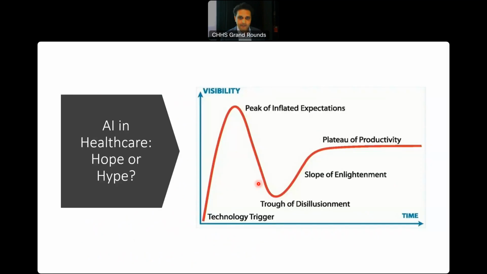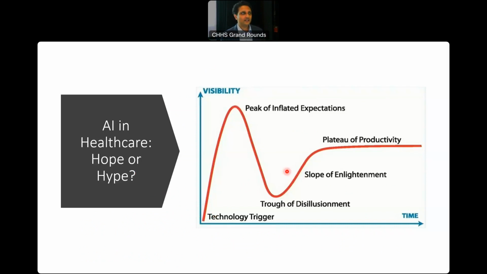Yes. Just lastly, I like this slide I stole from Vipul's 50 slides he sent me. And this is true for AI, but it's true for any new technology. There's often a lot of excitement when a new technology comes online, and then you get this peak of inflated expectations, and then all you see is all the problems with the AI, and you think, oh, it's hopeless, this is the worst thing ever.